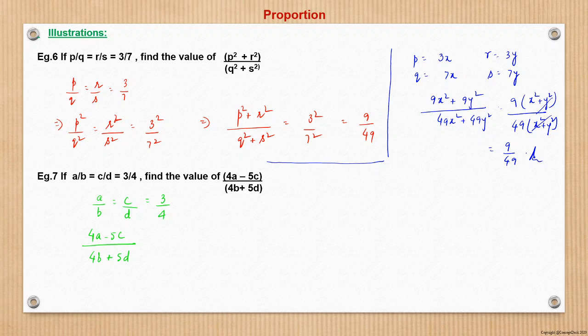No, actually, we had seen that had the coefficient of a and b been the same and the coefficient of c and d also the same, then we could have written 3 by 4. But here the coefficient of c is negative 5 and the coefficient of d is plus 5, so the coefficients of c and d are not the same. Though the coefficients of a and b are the same, those of c and d are not. Therefore, this question cannot be determined.